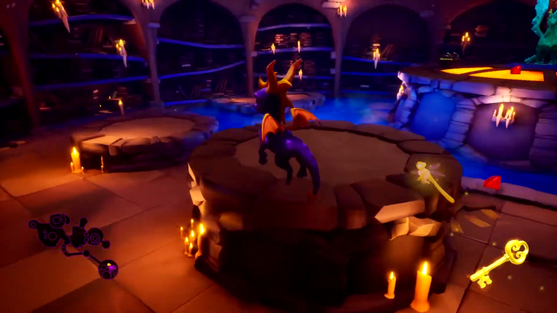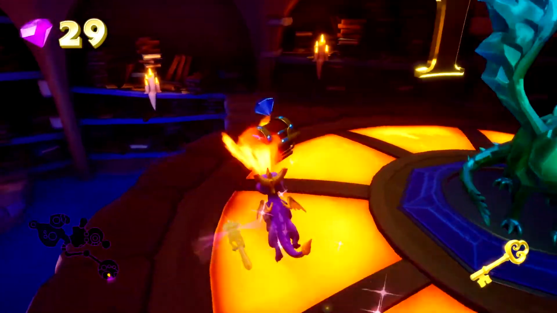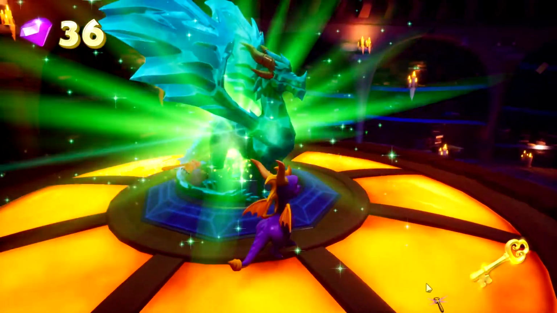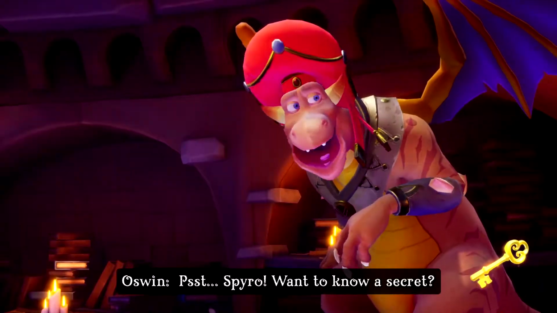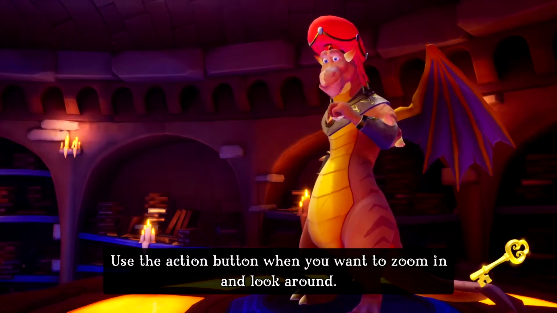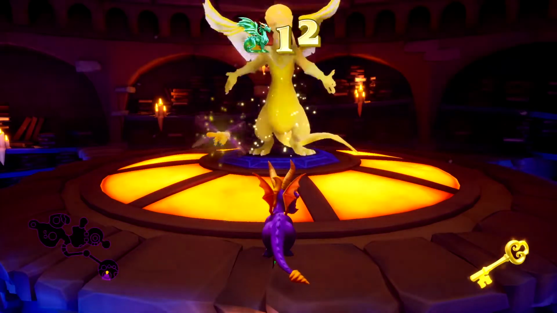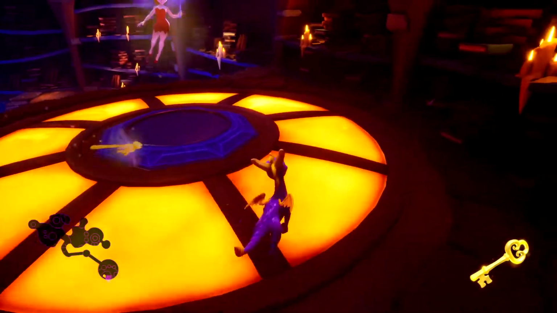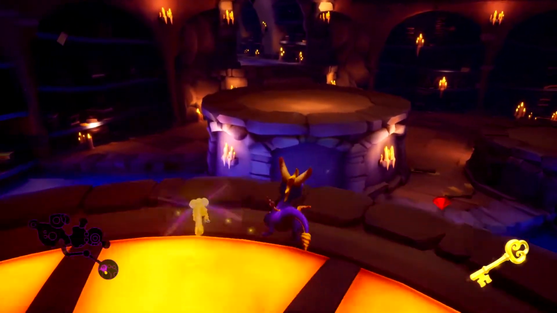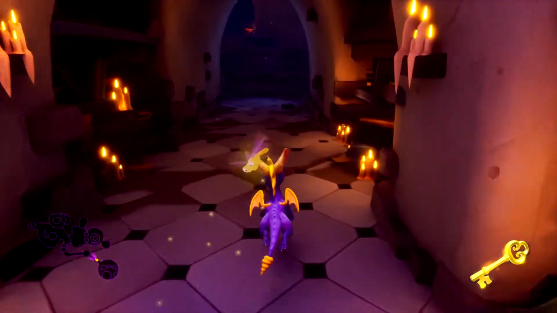So far in our adventure, I've gone from keyboard and mouse to regular controller, PS4 controller specifically, and then back to keyboard and mouse. Because I beat the Insane Trilogy completely with mouse and keyboard, and it was fine. Spyro, I kind of want to do the same here, but use the action button when you want to zoom in and look around. Oh, your secret's safe with me. And the player playing you. But I digress. I just want to see if I ever resort back to the controller, especially since making sure that